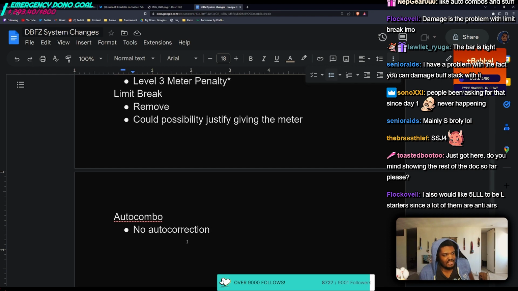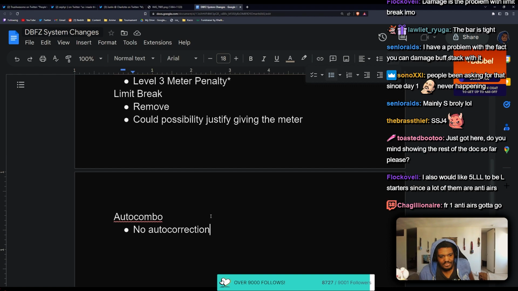Auto combo is the only other thing you can think of for system mechanics? Is that true? What else is there? I mean, there's like DR. There's